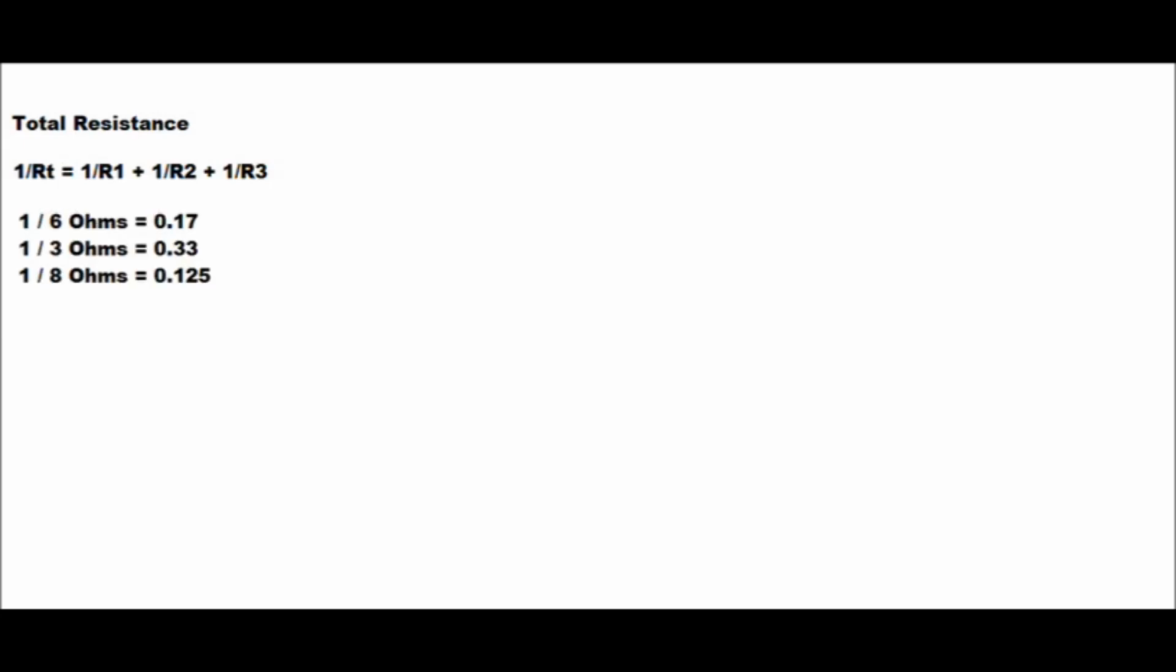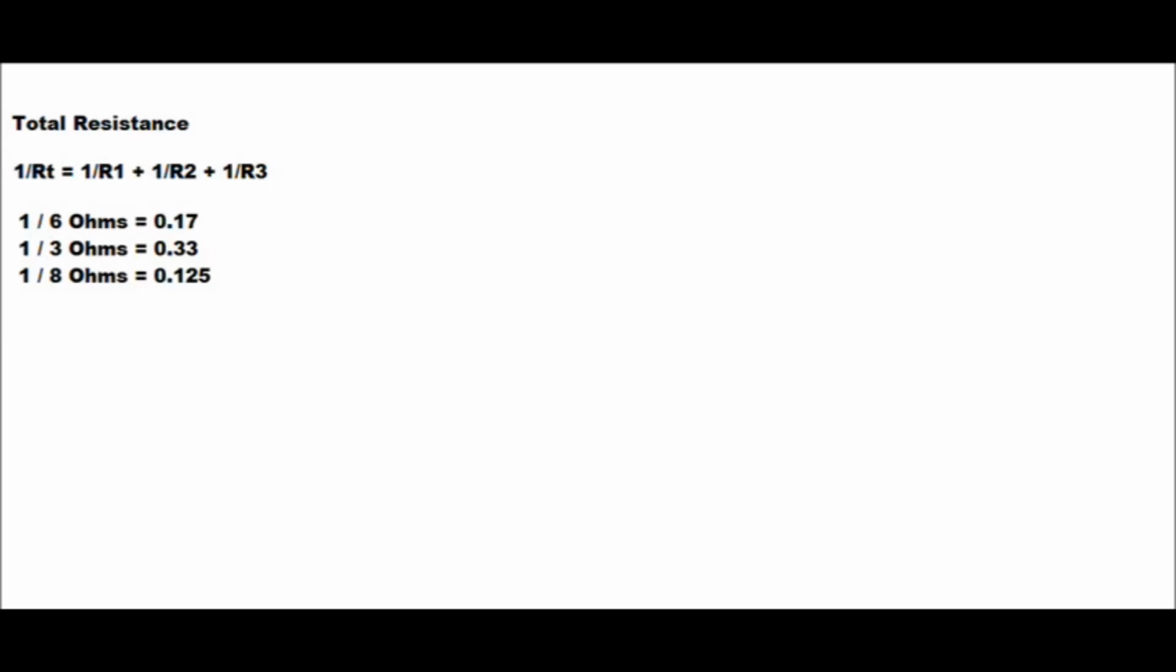To calculate the total resistance, we must first divide 1 by the value of each resistor. Add the totals together, then again divide 1 by this total. So the first resistor is 6 ohms, so we divide 1 by 6, giving us 0.17. The second resistor is 3 ohms, so we divide 1 by 3, giving us 0.33. The third resistor is 8 ohms, so we divide 1 by 8, giving us